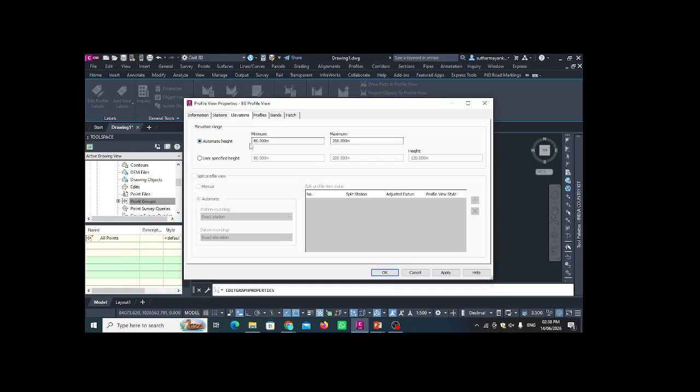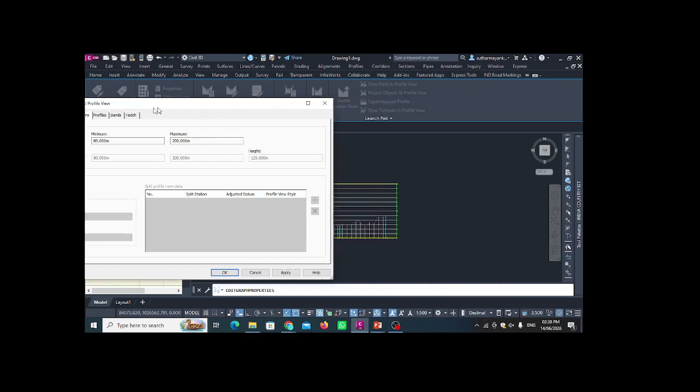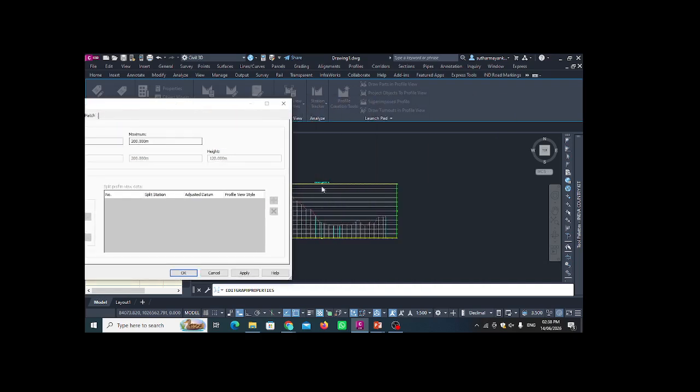Minimum height we took as 80 and maximum height as 200. If I want to change the maximum height, you can change it. As you change the height, you can see this level is at 200 meter. So if you change this maximum height, this level automatically changes. Like if I want to give the height as 180,